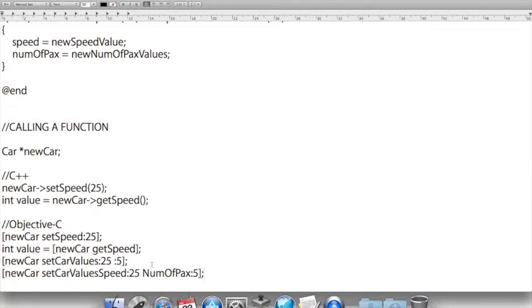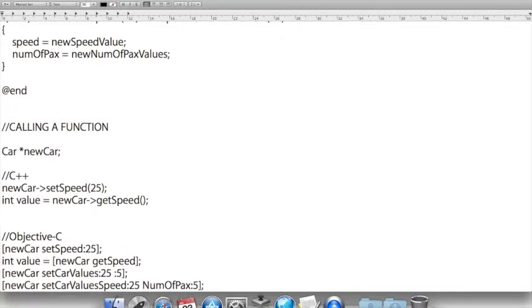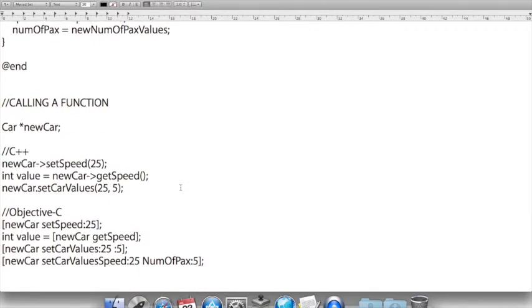Of course, the concept of labels doesn't exist in C++, but if you had to do something similar, especially the set car values, 25, 5. There you go. And you can immediately tell that this is far more readable than this. It conveys a lot of information and it makes